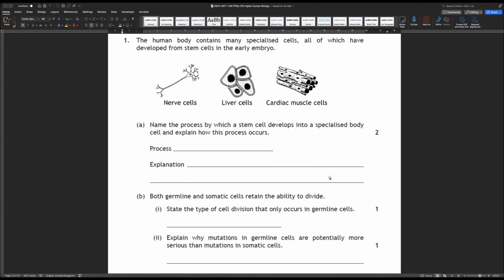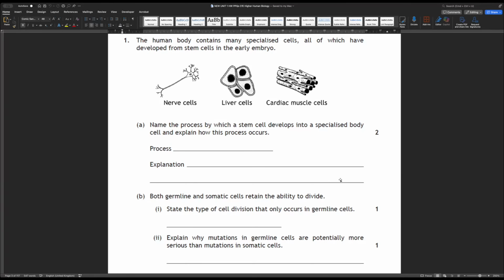Or as we call it, cellular differentiation, okay? So the process, cellular differentiation or differentiation, would be acceptable. And how does this occur? Explain how this process occurs. So we would talk about how specific genes are being expressed to produce proteins that are characteristic for that cell type. And when I said earlier on about memorizing that definition, this is exactly the kind of question that would be useful for, okay? So it expresses certain genes that produce proteins that are characteristic for that